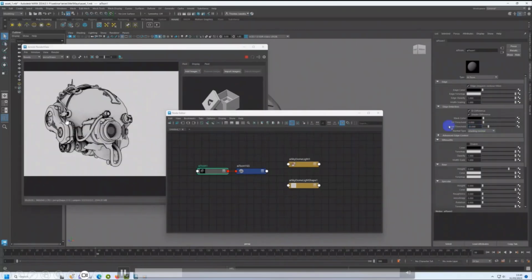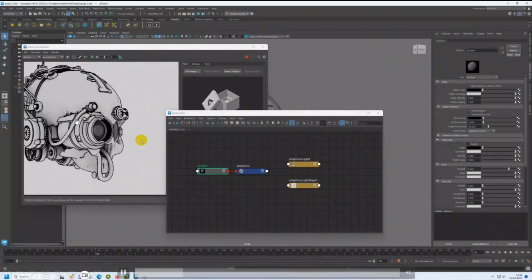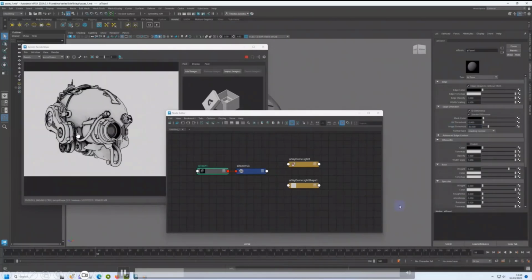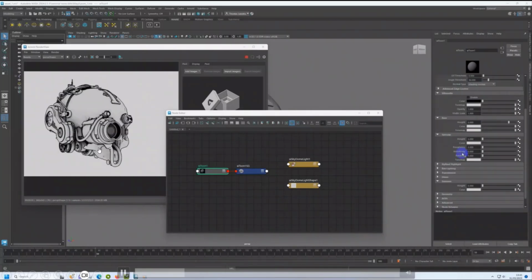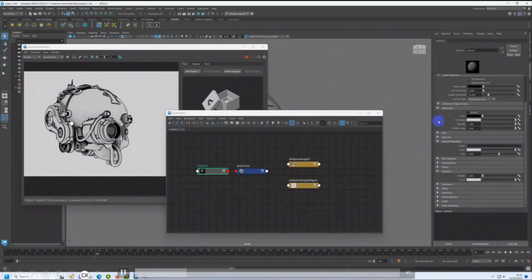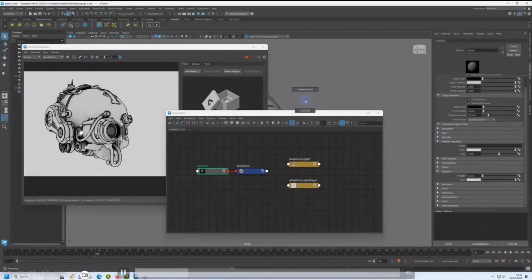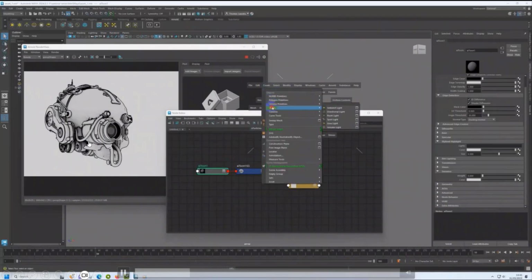This is clean now, but I want to put some more. This is the toon shader. I want to put something like a comic book look, with dots around here, the dot effect. That's why I need another node from Arnold.